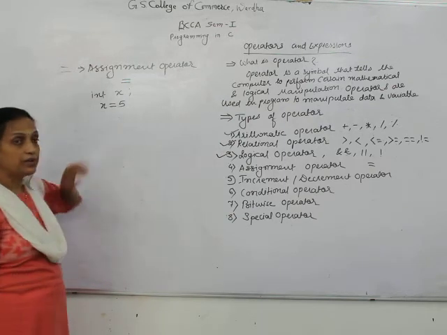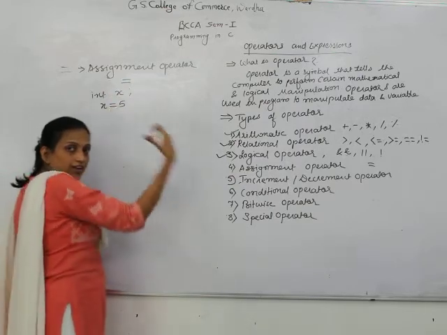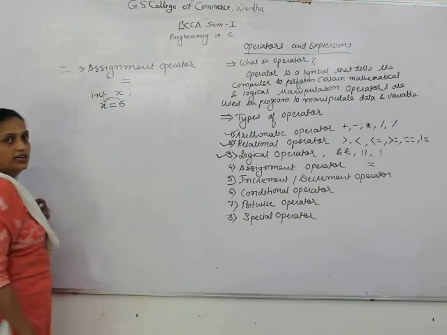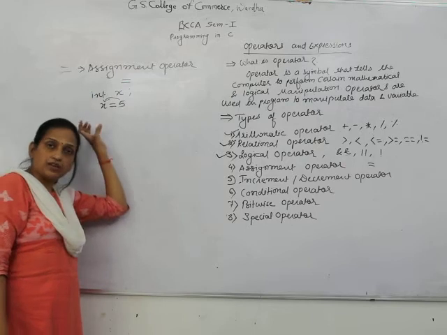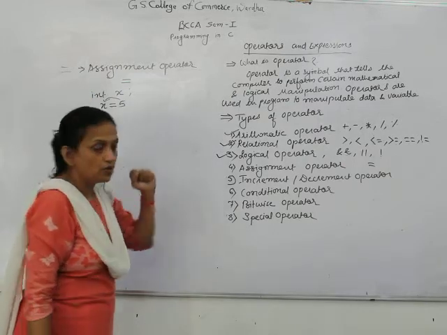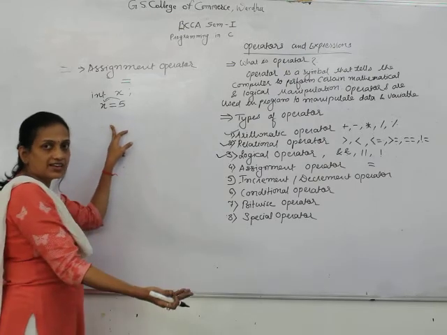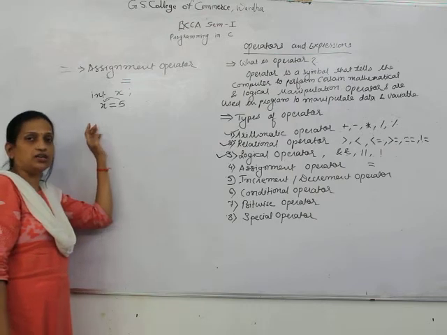What will the compiler do? Compiler takes whatever you write on your right hand side and it will assign to the left hand side. Means this value will be stored in this memory location of x. So here the assignment operator, जो भी आपके right hand side में लिखा रहता है वो left hand side के memory location में जाकर store कर देता है.